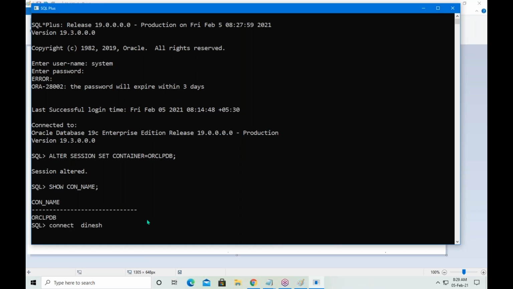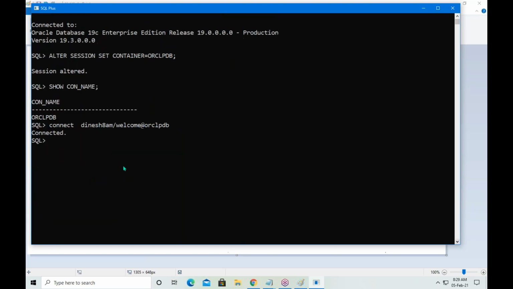Connect Dinesh 8 am / welcome @ORCL PDB. That means username / password @database name.